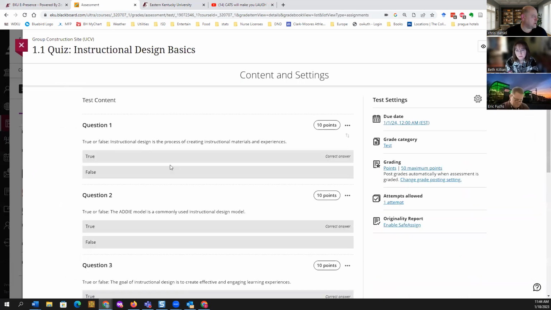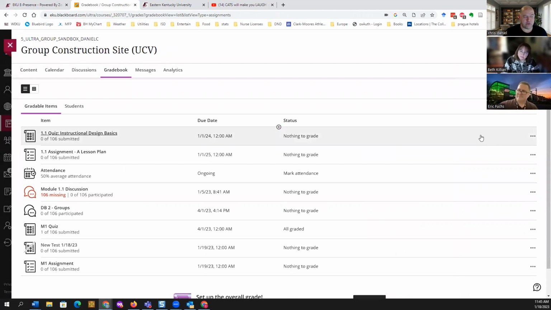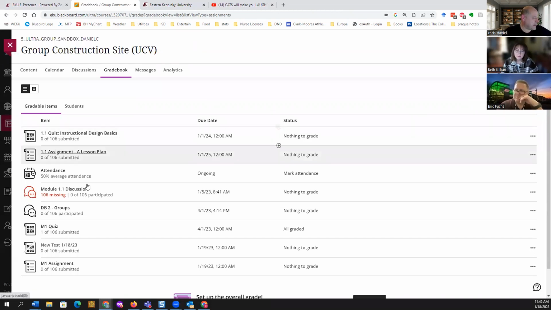But if I go back here and I need a submission to show you, you would need to click the post button, or there'll be a button over here that says post all, and that's what actually posts the grade. I kind of like that because sometimes I may look at a student submission and then, after seeing a second one, think maybe I was a little harsh, or maybe I wasn't harsh enough, or I have something else I want to add. I can do that, and I don't post it for students to view until I've hit post all. I could show that, but I have to submit a document as a student.